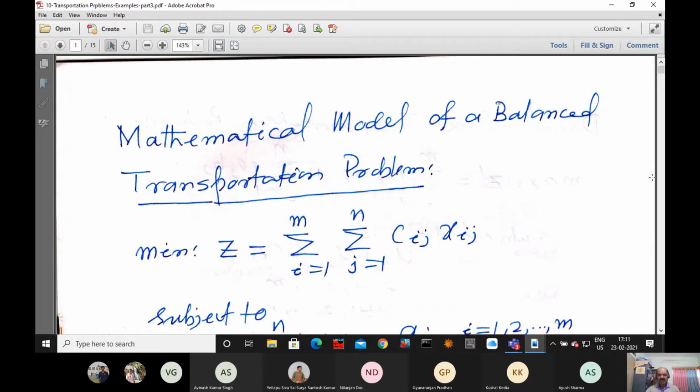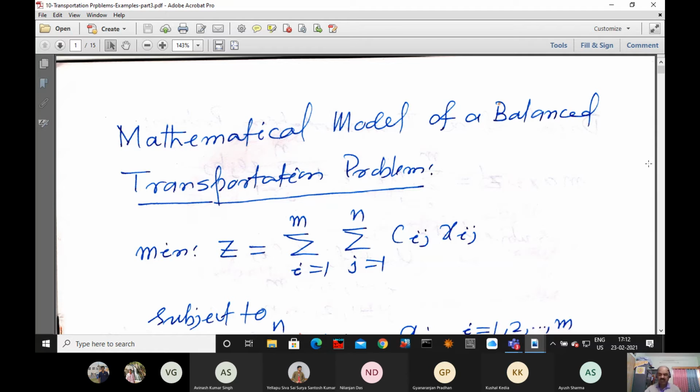So minimization of this objective function. This is a 2-index problem. Why 2-index? Generally, decision variables are something like x1, x2, x3, x4, etc. But here it is x11, x12, x13, x14, etc. This 2-index problem you can change to 1 index also, but in transportation we use a 2-index problem. Why? There are m number of sources and n number of destinations. Sources means there are m number of factories and n number of marketplaces. So that is the reason we are saying a 2-index problem.